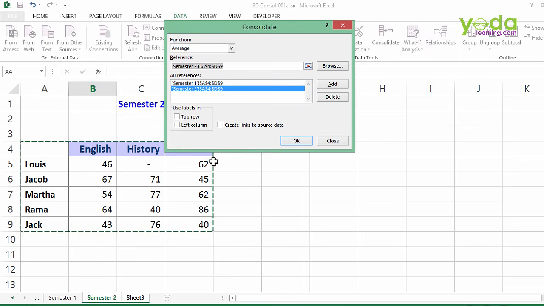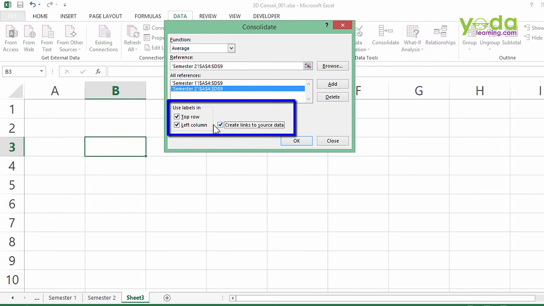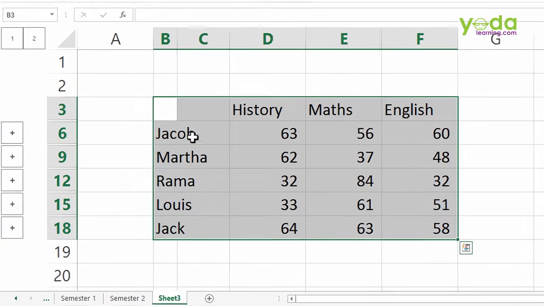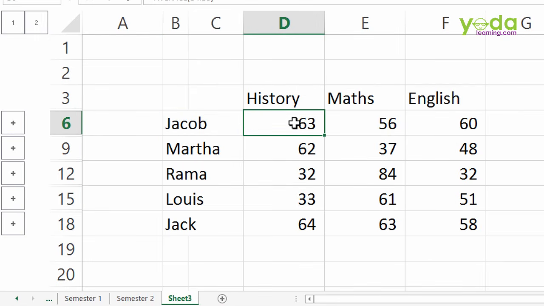Now before I press OK, I must check these 3 check boxes on. Why? Because the label says I want the top row labels, which is the subject name. The left column label is the student name, and more importantly, I want to create links to the source data such that any updation or revision in the scores will impact my final summary. I press OK. Instantly, I get a report which says Jacob has scored on an average 63 in history